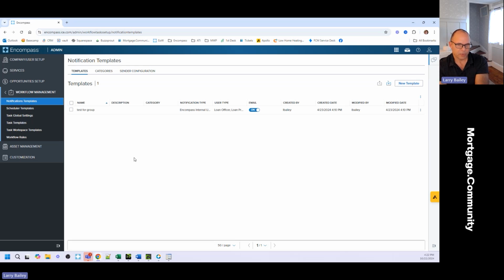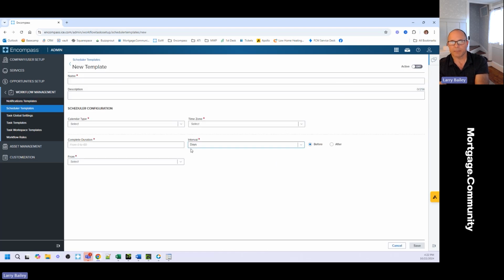Kirsten asks, can you utilize the scheduler to order a service? Example, running fraud at 6 a.m. on the day of funding. Yes, you can. Kirsten, I hadn't thought about that, but yes. So what you would do is you would write for 6 a.m. the day of funding, you would basically come into scheduler. We would come in here and we would do whatever the day of funding is.